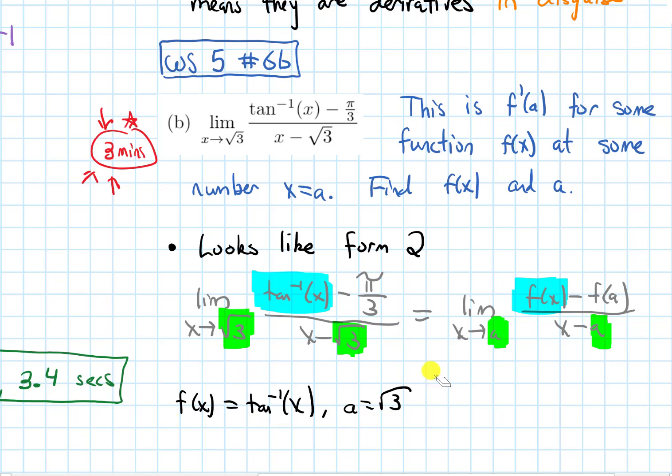But maybe before I box it, there's one other thing I should check. I should check that f of a matches this pi over 3, because if it doesn't, this is actually not a definition of a derivative. So I should check,